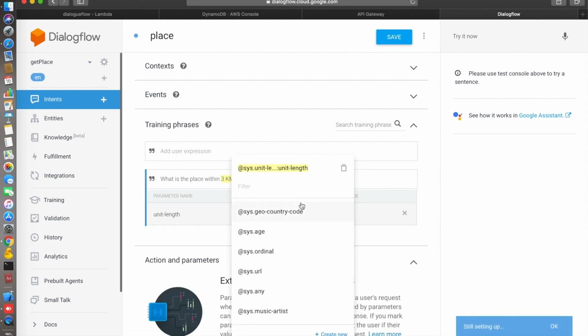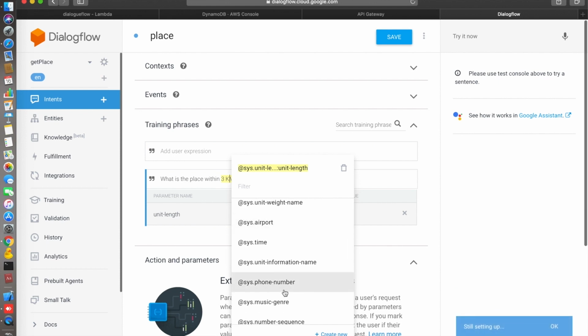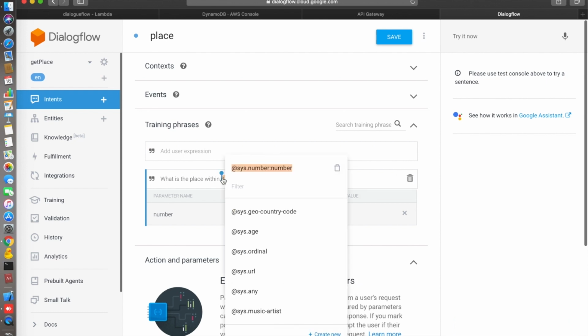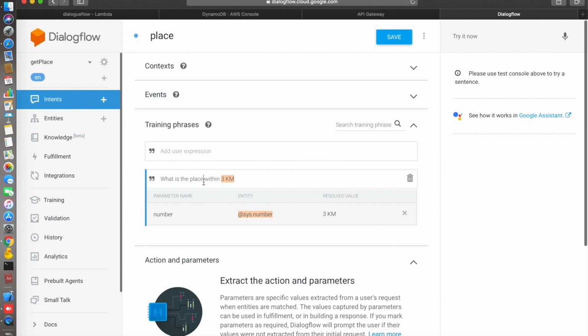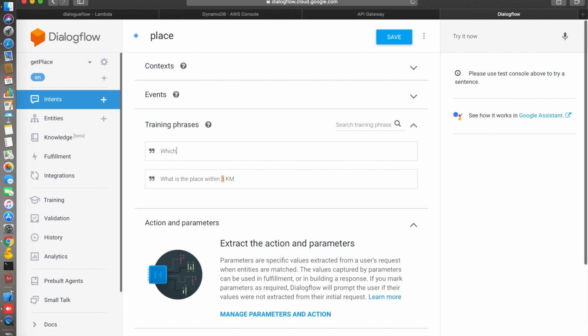Here I will give one number, that is the distance we will pass, so that we can get the same parameter in our application, like in our API, and get back the answer. If 3 kilometer, yes, this is a number we can choose. If 3 kilometer, then a particular place, and if 2 kilometer, then it will respond with another place name. So this is how we can connect to our database from Dialogflow webhooks.